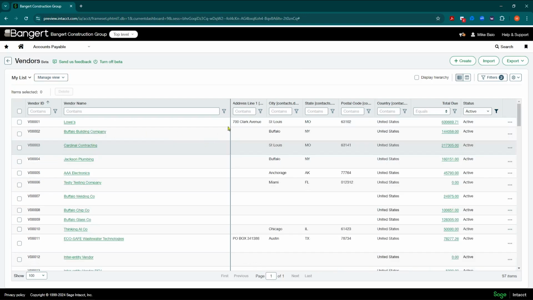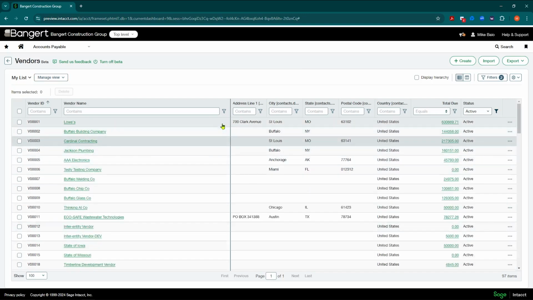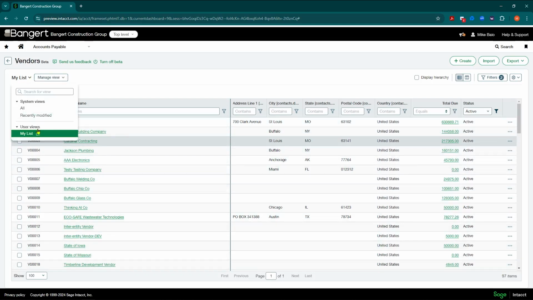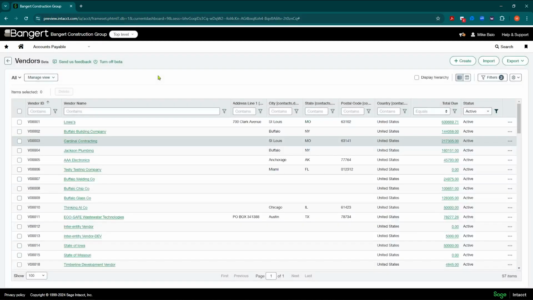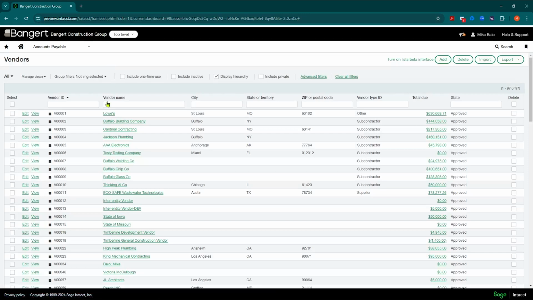So you can see here now I have wrapping and I have columns that are frozen. And then you can see here my list, and you can see the user view is only going to show up for me here, but I can get back to the public anytime I want. So please go in, play with these, turn these on and off. As I turn these on and off, whatever I did while I was playing will remain and come back for me. But when I'm done playing, you can just hit turn off beta, and it takes you back to your normal look out of the box.